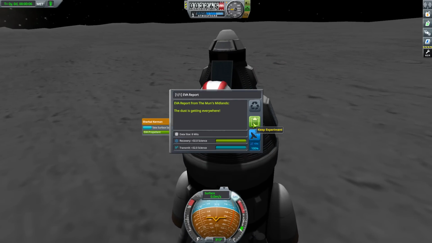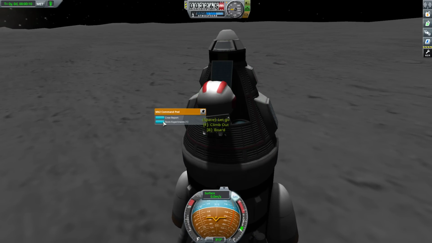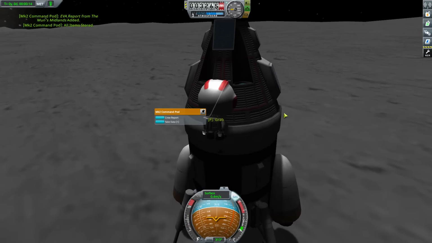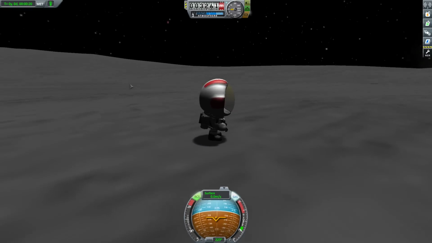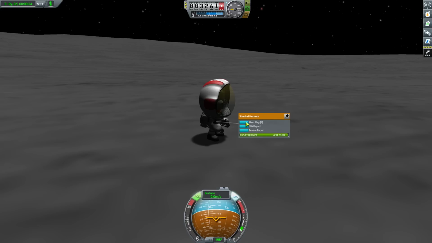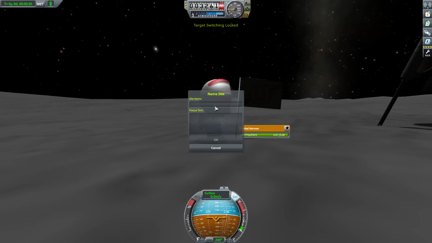Excellent. Go ahead and keep that experiment and store that experiment. There you go. Nice. Now do another EVA report here and take a surface sample and plant a flag. And we'll put